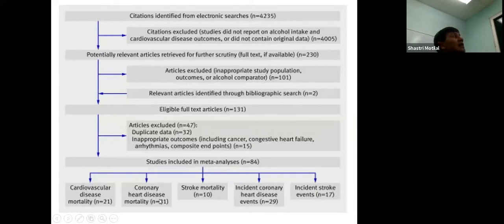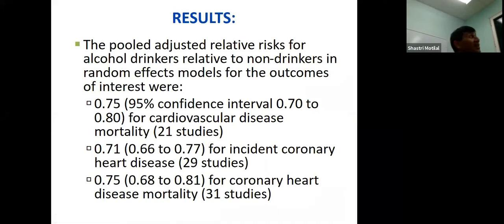Cardiovascular death, coronary artery disease death, death from stroke, and incident stroke and incident coronary artery disease. So if you get the disease and it kills you, or if you just get the disease itself. These were the results. Relative risk, that's what they reported on, something we spoke about last time. The relative risk for alcohol drinkers compared to non-drinkers was 0.75 for cardiovascular mortality. So the outcome is something bad. If the relative risk is less than 1, that suggests that the people who drink have less heart disease.